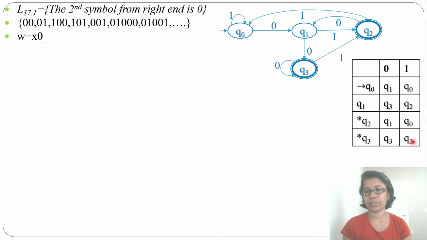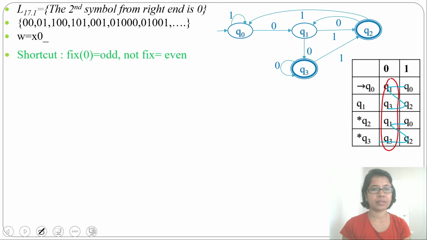So did you notice any pattern there? This is the pattern: it goes Q0, Q1, Q2, Q3, then Q0, Q1, Q2, Q3. It is in a sequence. So on input 0, the transitions go to the odd states Q1, Q3, Q1, Q3, and on input 1, the transitions go to the even states.